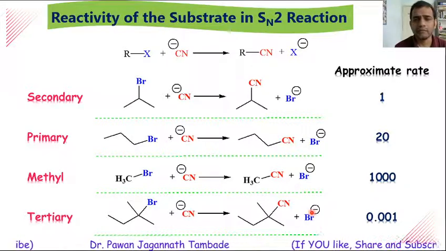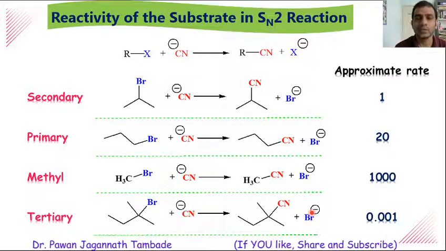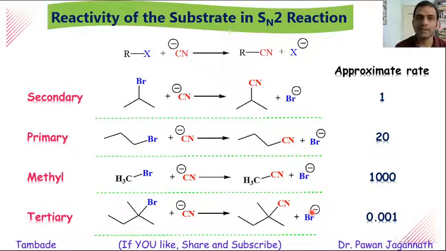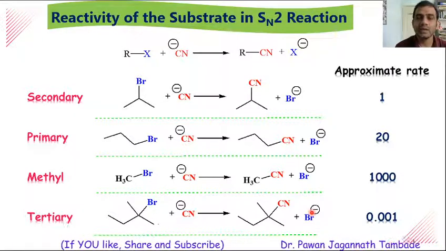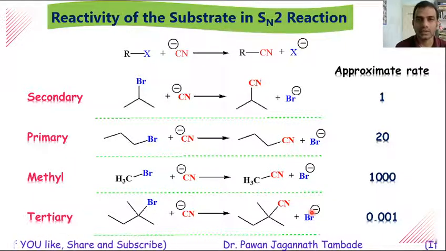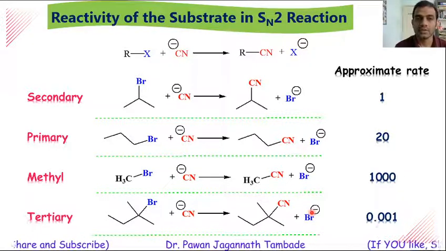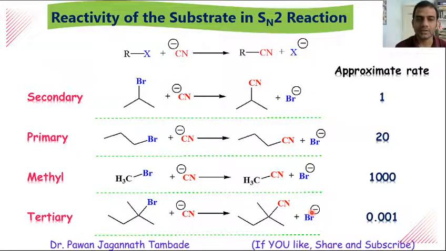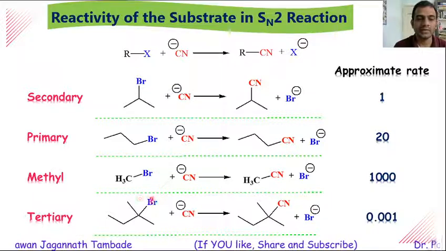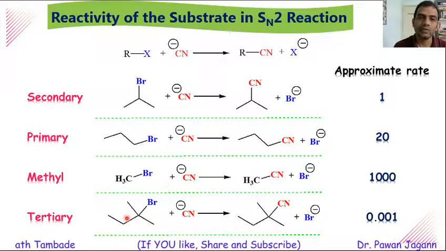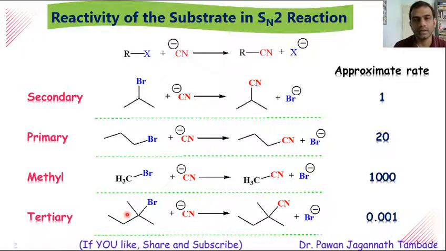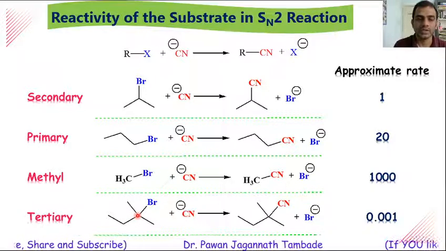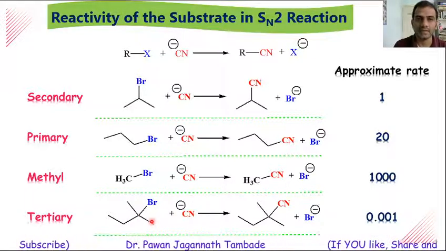So please remember, if we have a methyl halide, it will undergo SN2 reaction. If we have a primary alkyl halide, it will undergo SN2 reaction. If we have a secondary alkyl halide, it will also undergo SN2 reaction, but it depends upon conditions. Secondary alkyl halide may undergo SN1 type of mechanism, which we will see in later lectures. But for sure, a tertiary alkyl halide always undergoes SN1 type of reaction and never SN2, because of the crowdedness of groups which restricts the entry of the nucleophile from the backside.